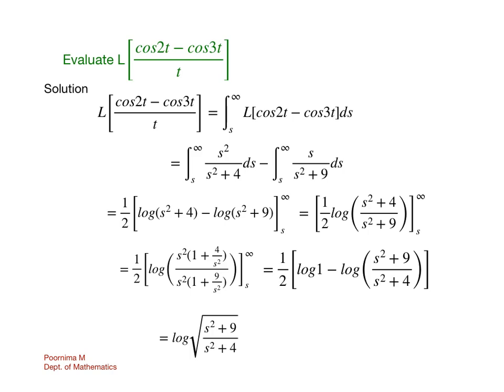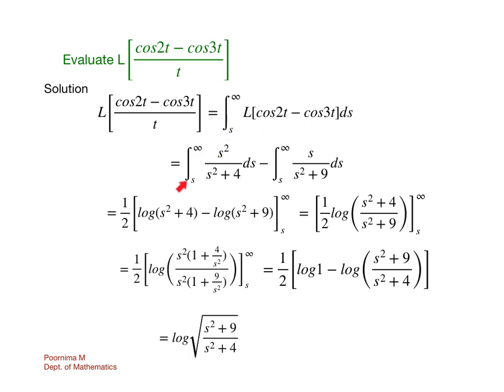So we have here the problem, find Laplace transform of cos 2t minus cos 3t divided by t. So this is in the form of f of t by t. So the formula is integral s to infinity Laplace transform of f of t, that is cos 2t minus cos 3t, with respect to s. So now let us write the result of Laplace transform of cos 2t and cos 3t,